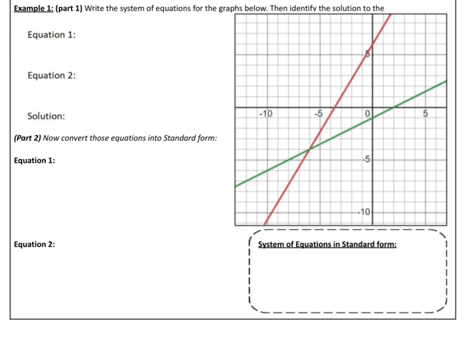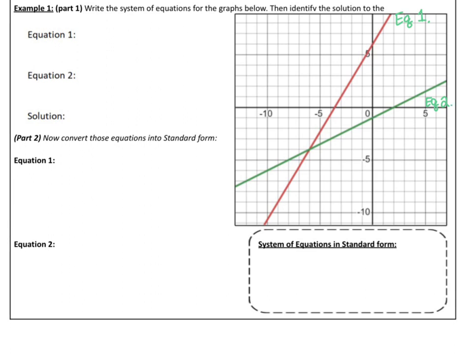So here I see two lines on the graph, a red one and a green one. Normally your lines will be labeled for you. It won't just be equation 1, equation 2 on the side. It'll give you names for them or kind of tell you the situation. In this case, they're not, so I'm going to label them for us. I'm going to make the red one be equation number 1, and then the green one is going to be equation 2. This is just going to help us when we are